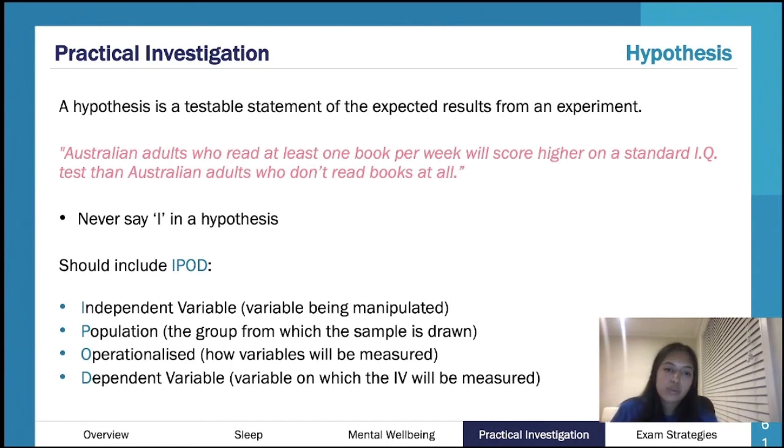And then your dependent variable, the thing that's being measured, is the score on the IQ test. So those are some important elements. Just practice writing your hypotheses, show them to your teacher, your friends, your tutor, whoever, and make sure that you're really on top of it, because it's something super simple. But sometimes it can be hard to get it correct if you're constantly doing the wrong thing. That sounds very obvious, but what I mean is if you're constantly forgetting something, or if you think that you're meeting the criteria but you're not.